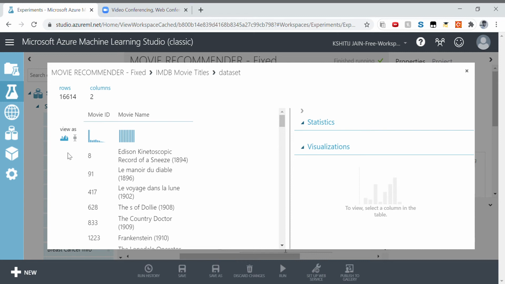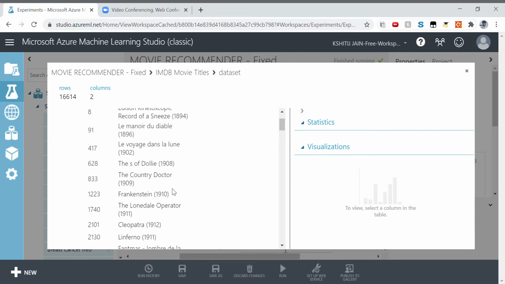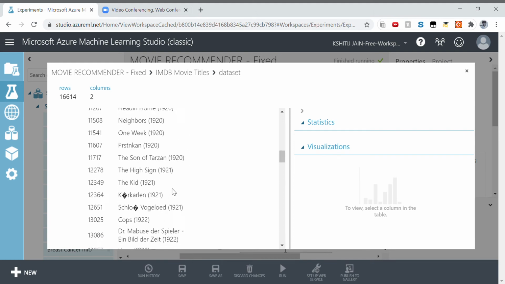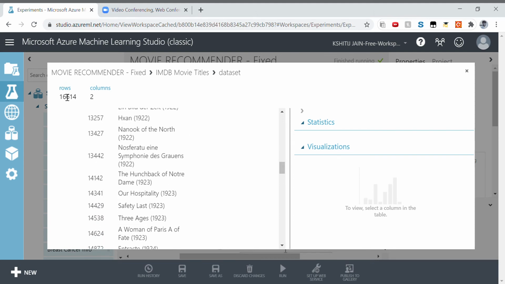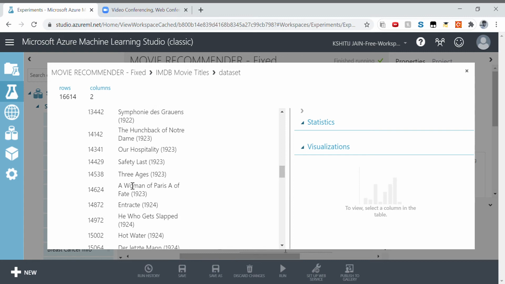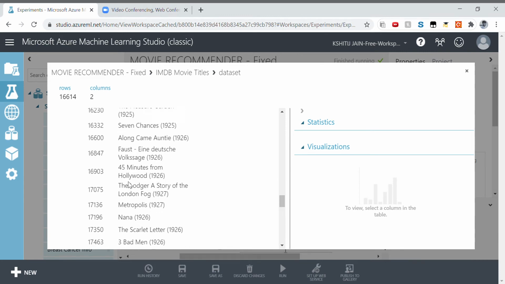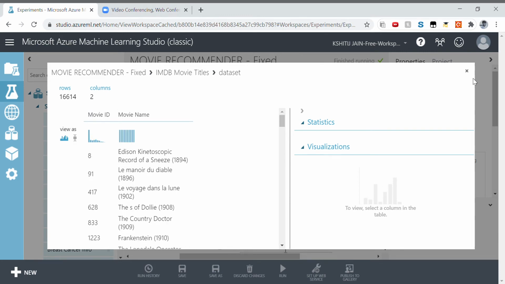For example, suppose there is a movie ID 8. For that, the movie name Edison Kinetoscopic has been given. Similarly, for different movie IDs, different names have been given. You can see there are a total of 16,614 movie IDs.